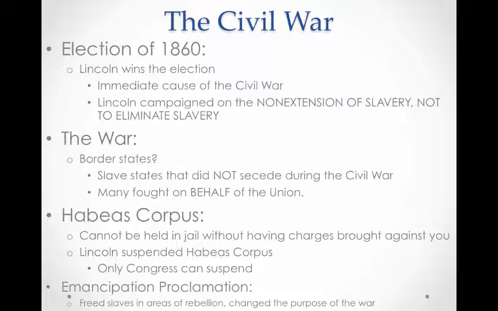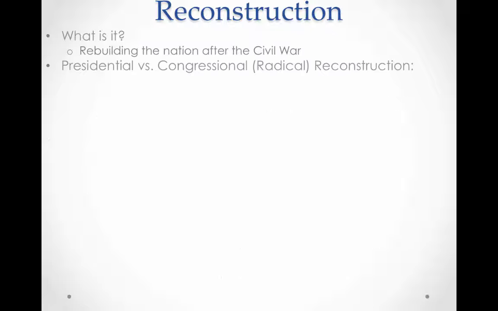All right, so ladies and gentlemen, the war eventually comes to an end. For the purposes of this course, we don't spend a lot of time on the actual conflict itself. Something that does come up sometimes, though, is this phrase that was referred to as the Anaconda Plan. It was the idea that the North actually would surround the South and really just squeeze the South like an anaconda in order to try and bring an end to the war. So just something, if you see that in your exam, keep that in mind, dealing with the North versus the South.